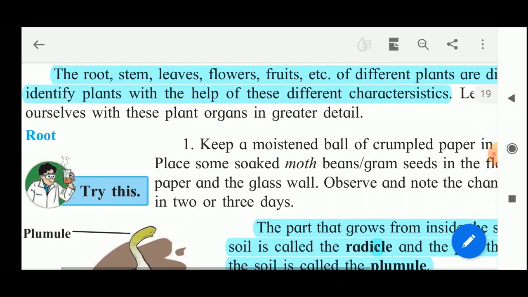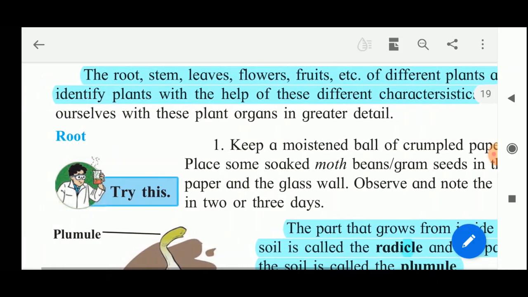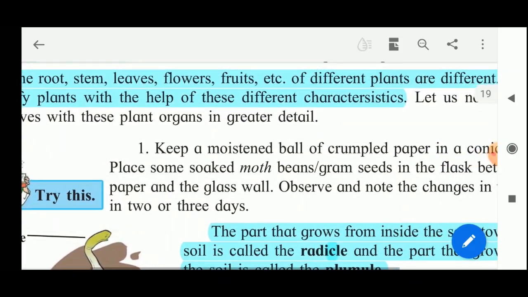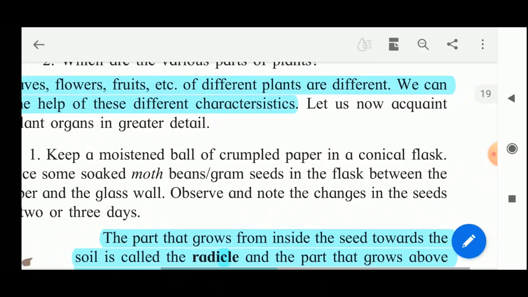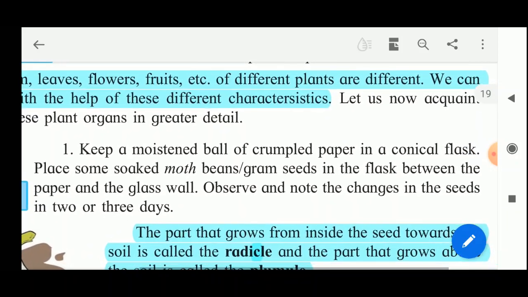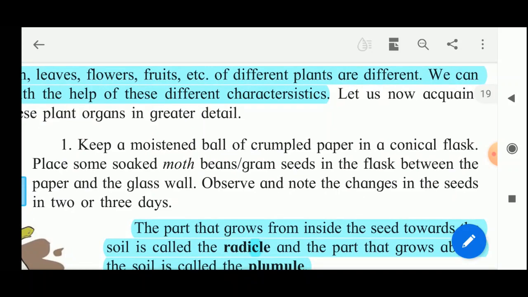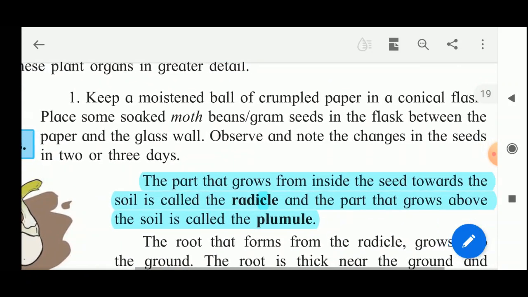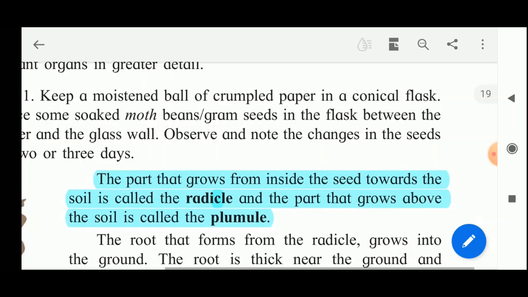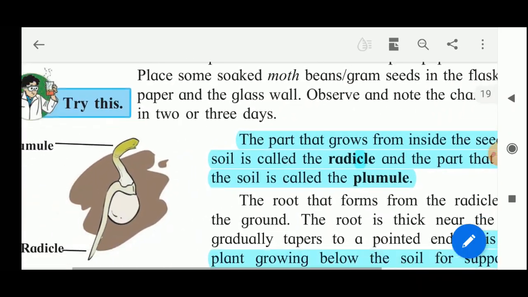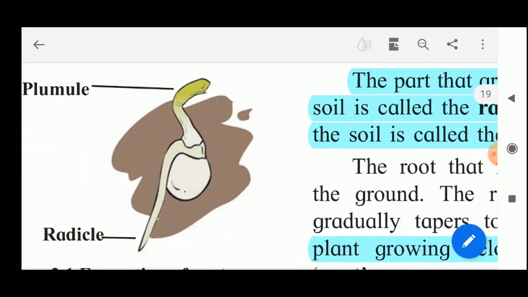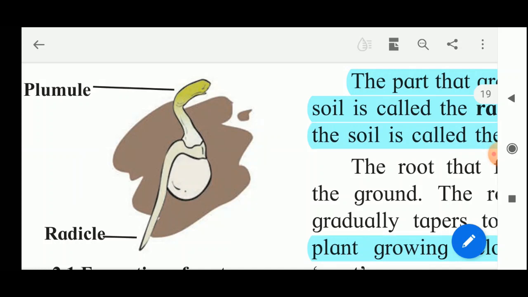So for example, here are some activities. Take a moistened ball of crumpled paper in a conical flask and place some moth beans or gram seeds in the flask between the paper and the glass wall and observe the changes in the seeds in 2 or 3 days. This activity you can do at home also. Here we have taken these gram seeds, or any lentil seed also you can take, and keep it in